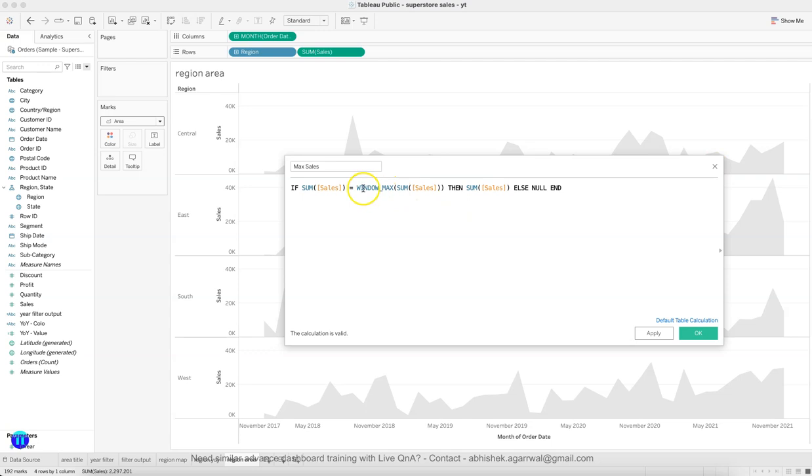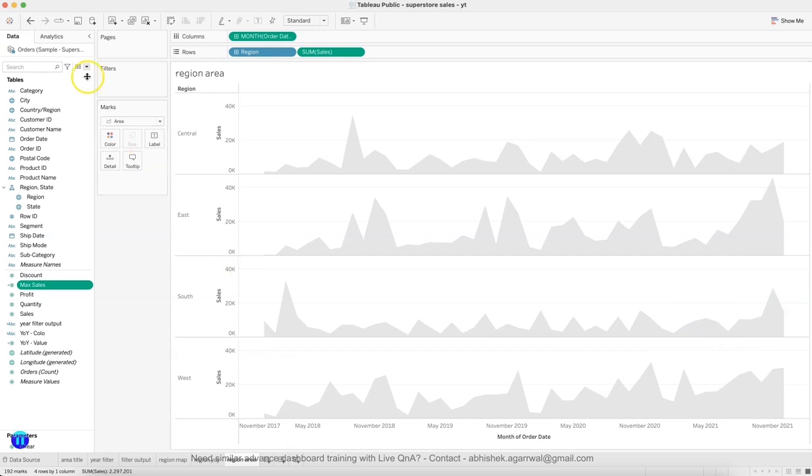Alright, so what we are saying is go and identify the maximum sales in this window, and then check whether this sales is equal to this sale. Then only give me this particular sale point, that means this one, in this case 34,309. Otherwise, just return null, and end. So you can click apply, and I copy this because I will have to also specify the minimum